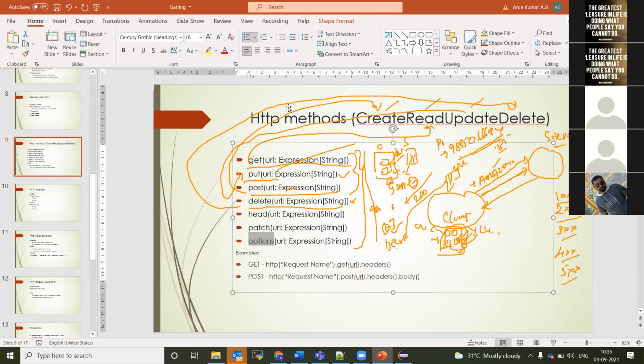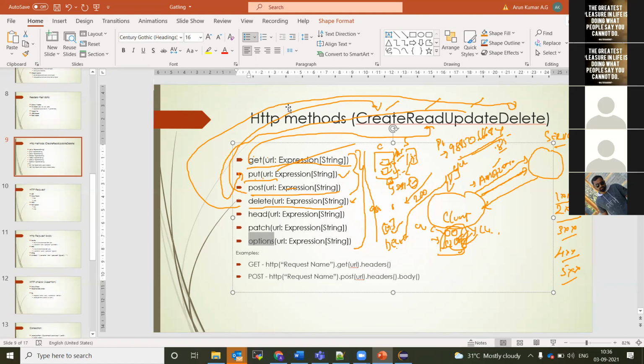So even in 4xx we have multiple codes: 400, 404, 403, 405. 405 means at the backend they might have implemented a post method, and instead of using the post method, if you use the get method, the method is not allowed. The HTTP verb is not allowed for the particular endpoint. So they will say 405. Based on that, the client side should make the changes.